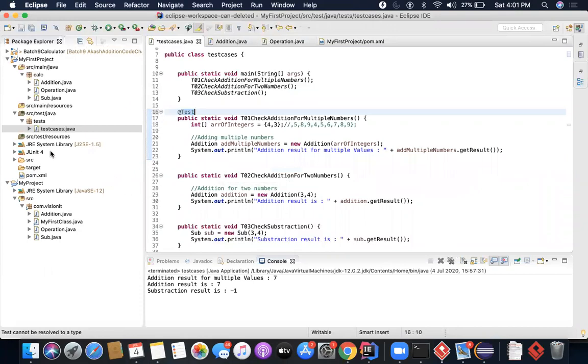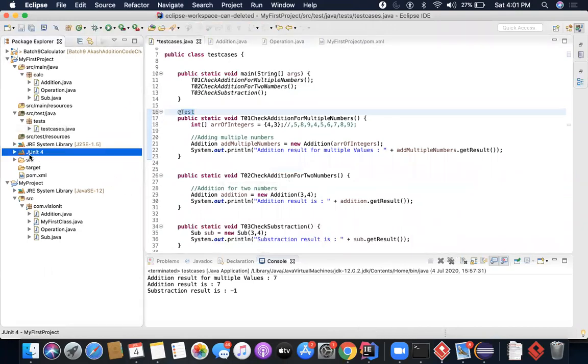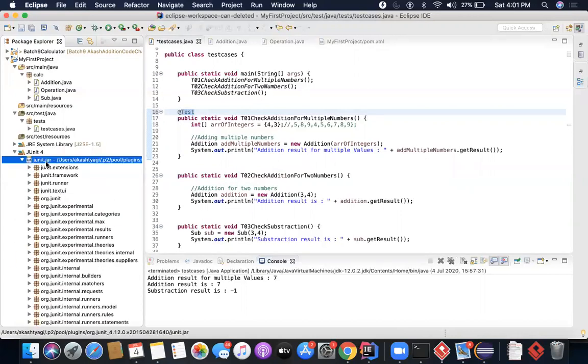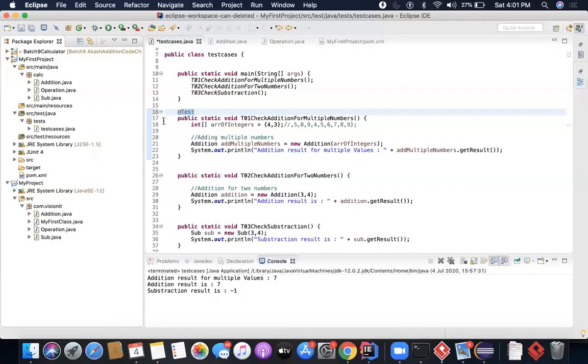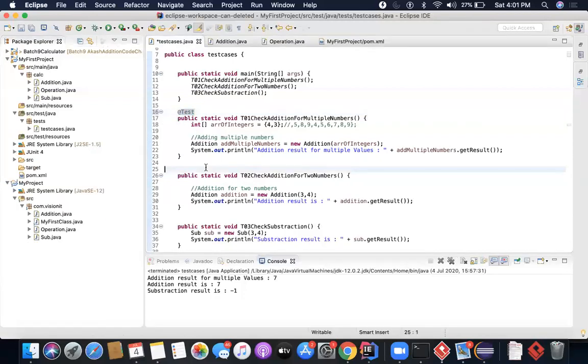Once you do that, you will automatically see something being added here. This was not here before. The moment I said add to build path, this appeared. That means my project is now equipped with all the functionalities of a new library called JUnit 4. And inside this, we have a jar file. In the jar file, we have a lot of packages and their class files, right? So now I will have to annotate all the classes and methods using annotations.